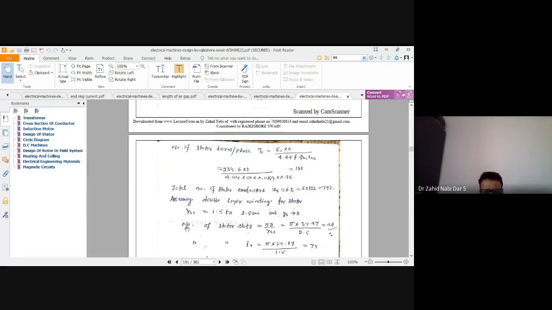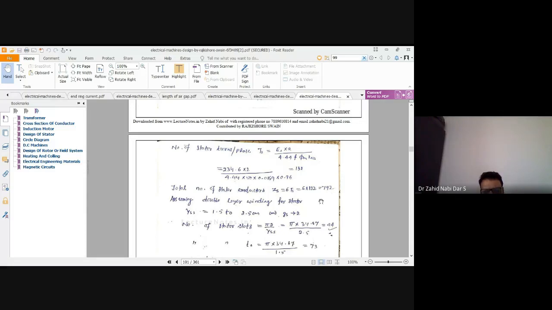So for the number of stator slots, now you know the circumference and length. So pi D by p. D value you calculated, length you know, with the upper value of 2.5 you get a value of 44. Now with the other value 1.5, you get 73. So one thing you know is that this 44 and 73 is there, and your total number of conductors would be 792. So your number of stator slots should be between 44 and 73, and your total number of conductors, 6 T_s, has to be 792.